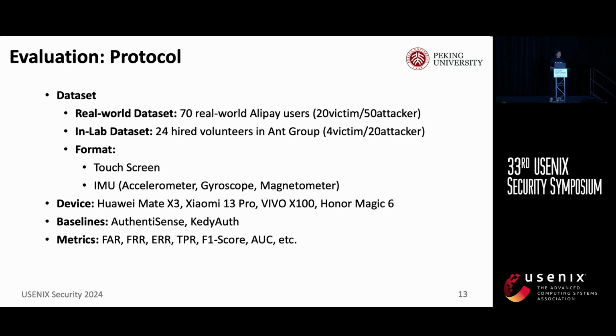So for our protocol, including the datasets, we collect 2 different datasets. One is the real-world dataset. We collected 70 real-world Alipay users to play as 20 victims and 50 attackers. And the in-lab dataset is for further analysis. We hired 24 volunteers in our group to play as 4 victims and 20 attackers. The data includes the touchscreen sensor and 3 IMU sensors. And we use 4 different devices to evaluate the on-device performance. The baselines we choose are Authentication and KDOS, and metrics include FAR, FRR, ERR, TPR, F1 score, and AUC,